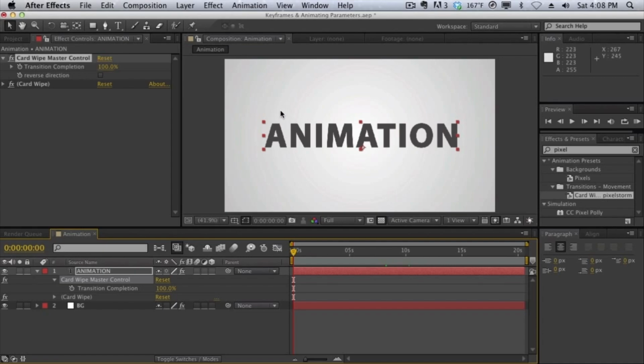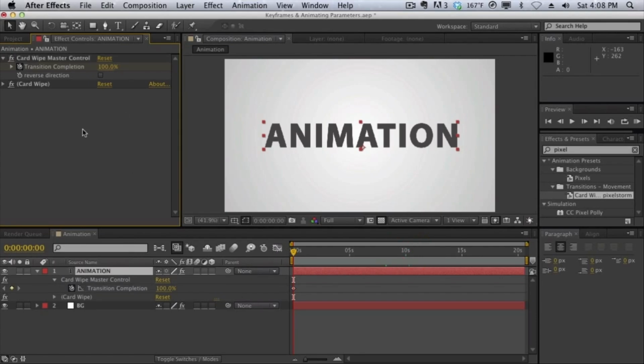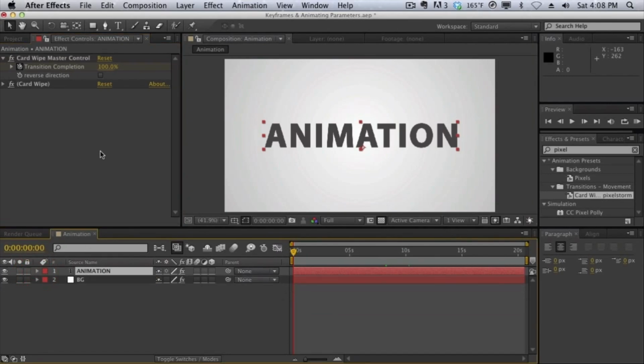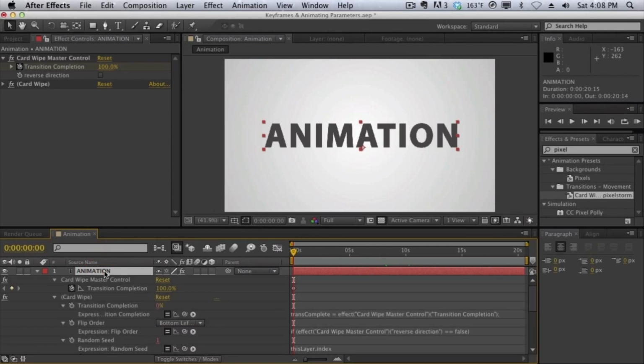So how do we create a keyframe? I'm going to go ahead and hit this little stopwatch icon right here, and this is pretty much the keyframe button. When you hit this stopwatch, it's going to automatically create a keyframe, as you see here. Now notice how these 2 parameters are the exact same thing. We have the transition completion up here, and then we have the transition completion down here. Now by default you may not see this, you just may see this. So again, remember, to reveal all your keyframes, hit U on the keyboard